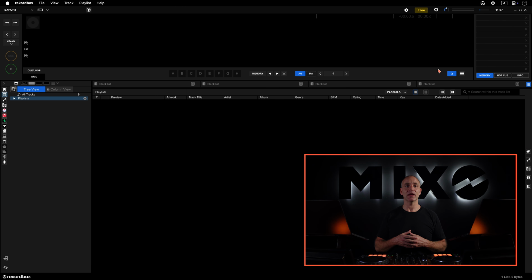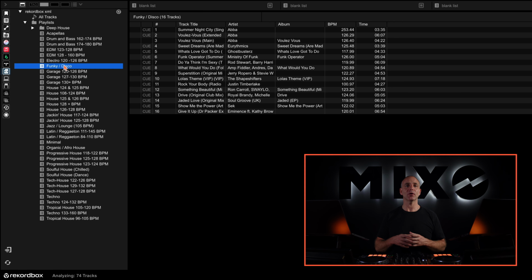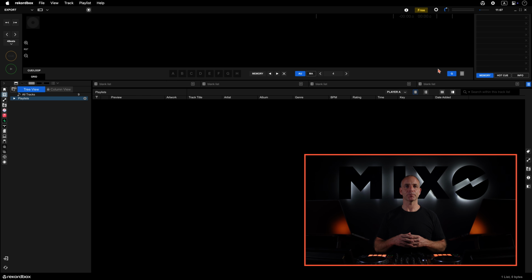Rekordbox. If your Rekordbox collection has an existing XML import, be sure to drag those tracks into your main Rekordbox library before importing from Mixo. Your new XML import from Mixo will overwrite the existing XML playlists as we're changing the source location of the Rekordbox XML for your Mixo library.